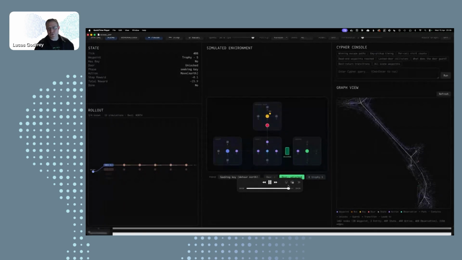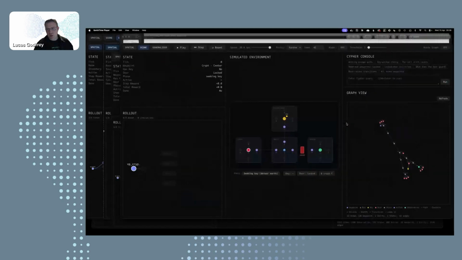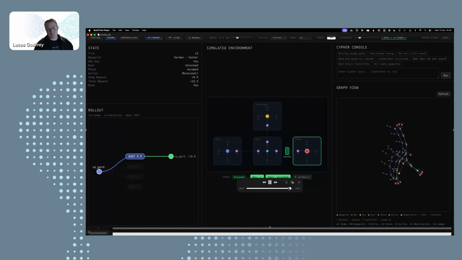I think here it unlocks the door, but never actually gets through to the garden. But again, if you turn on the world model, then it has this ability to think about the causal effects of its actions over time, and it actually completes the